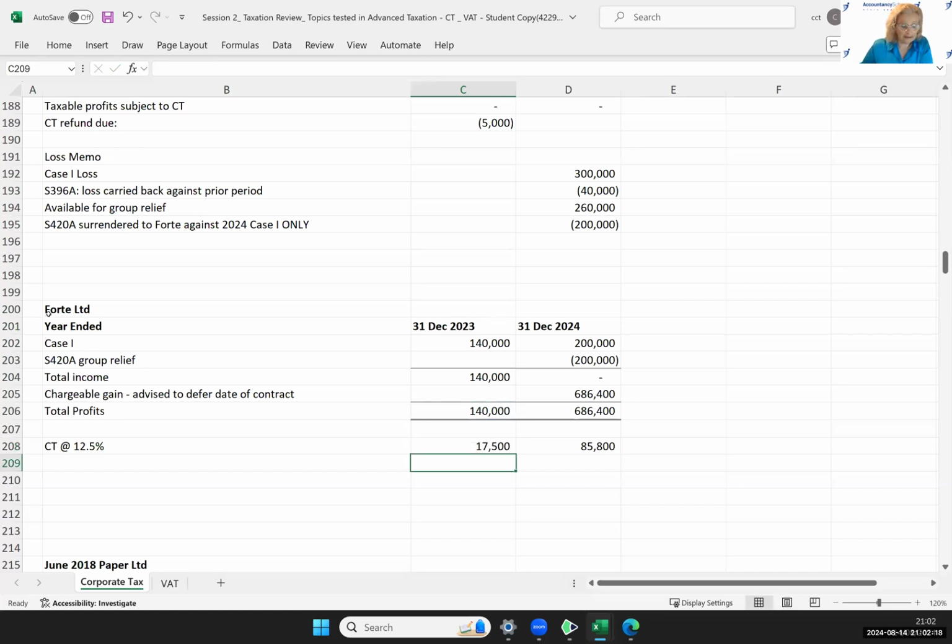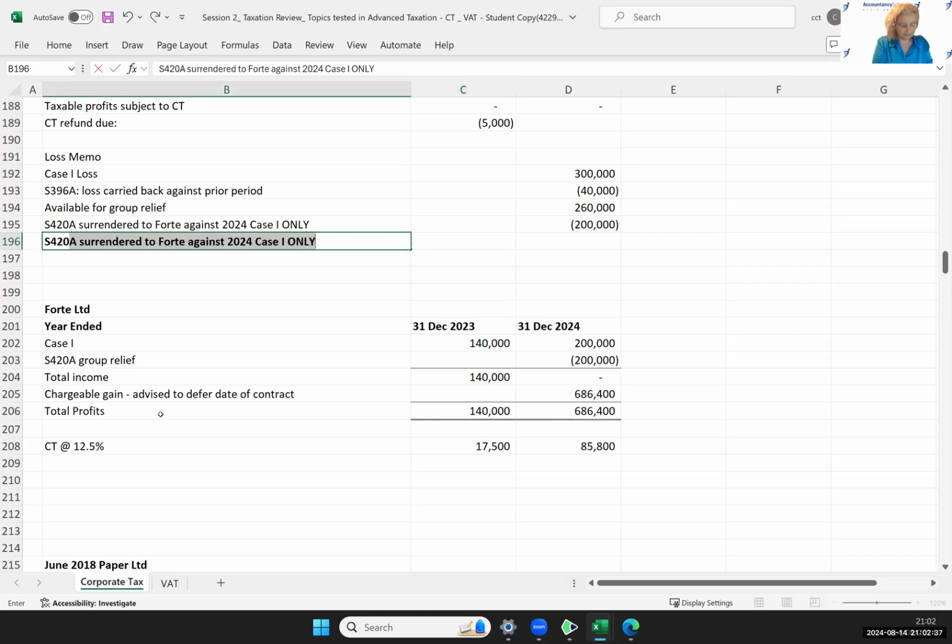So Forte Limited is a group company. It has a corporation tax liability. There's the other group company that has another 60,000 of losses left over. What can we do with them? We can surrender those on a value basis, so under section 420B,